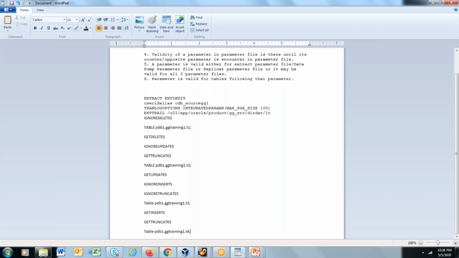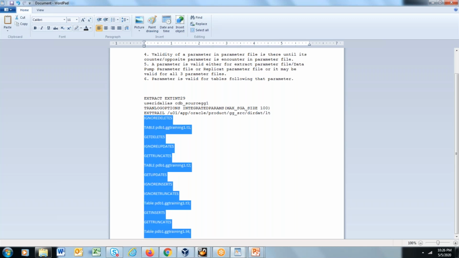dot t4. So what happens with this parameter right now is we have created a parameter file which is capturing the data for four tables T1, T2, T3, T4 based on customer requirement.